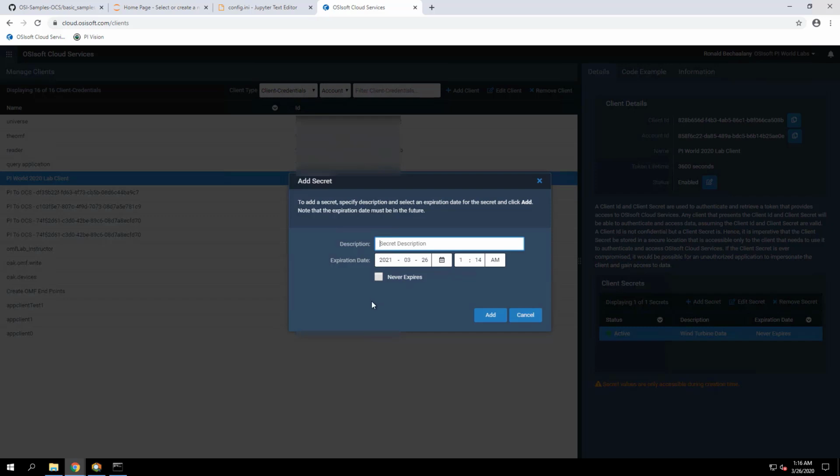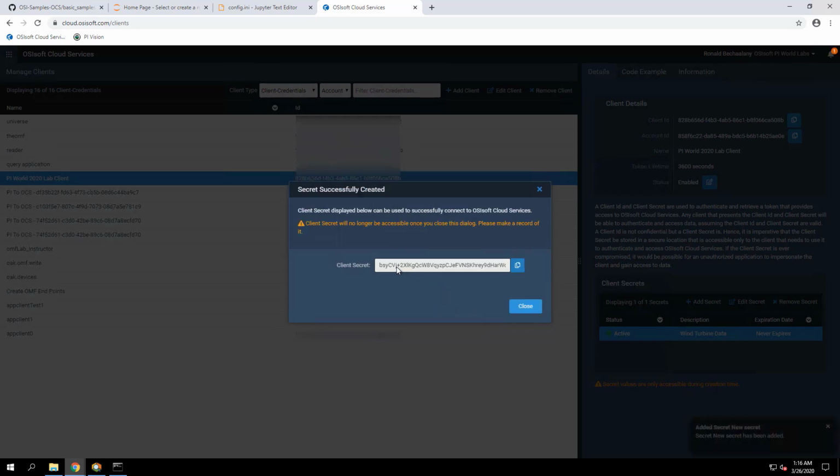So if you want to add a new secret, I'm going to call the description new secret, and have it expire maybe next year, and then add. After you add the secret, it says here that you should copy the secret and keep it somewhere safe, because you can no longer access it after creating the secret.